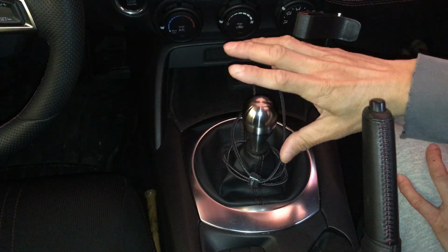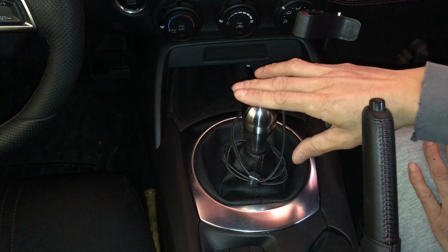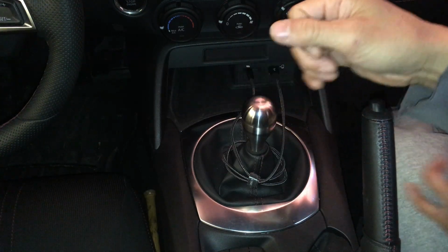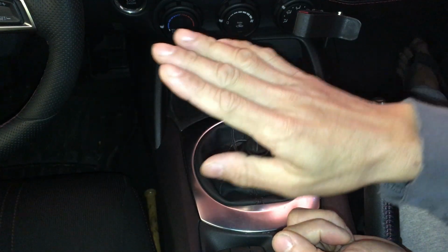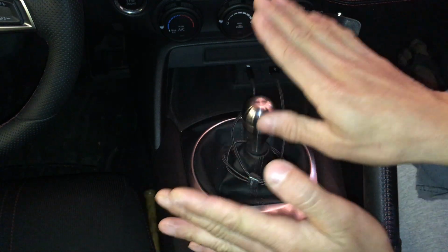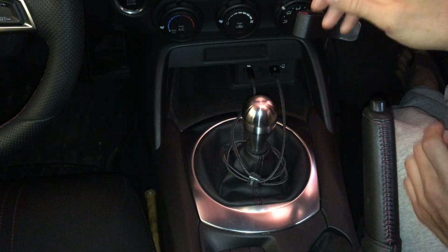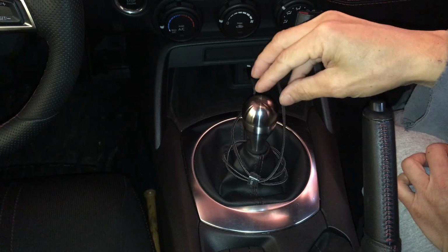One of the things that I want to keep was the balance of everything. The Miata, the reason why it feels so good as a car is that everything is balanced. And when I'm talking about balance, I'm not just talking about front to rear weight balance, but about how the steering wheel feels when you're steering, and the pedals, the clutch, brakes, and the gas pedal. If you step on all of them, they feel very similar as far as how much effort you have. Same with the steering wheel and the shifter. They all have a certain feel to them, a certain effort. So when I got the shorter shifter,